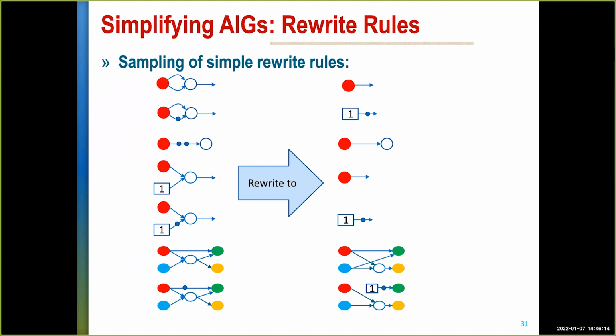You just see a structure locally and you realize, okay, I can simplify it, and you simplify it. So I have written a small sampling of simple rewrite rules that are always in action whenever you're dealing with AIGs, right? If you have an AND node and both inputs are coming from another node, just use that node directly. One of them is inverted,